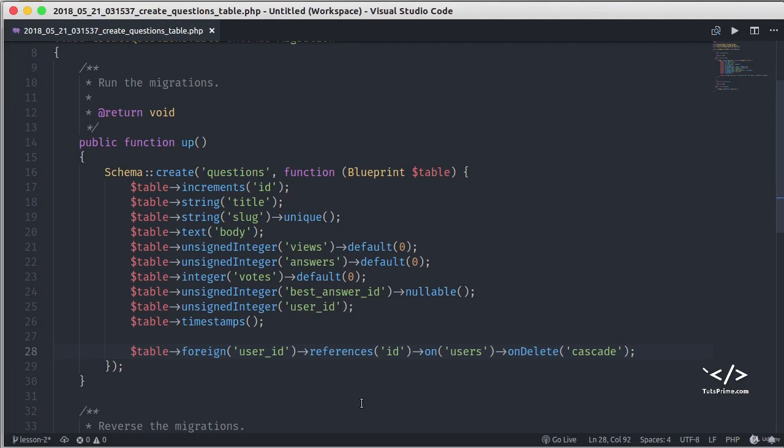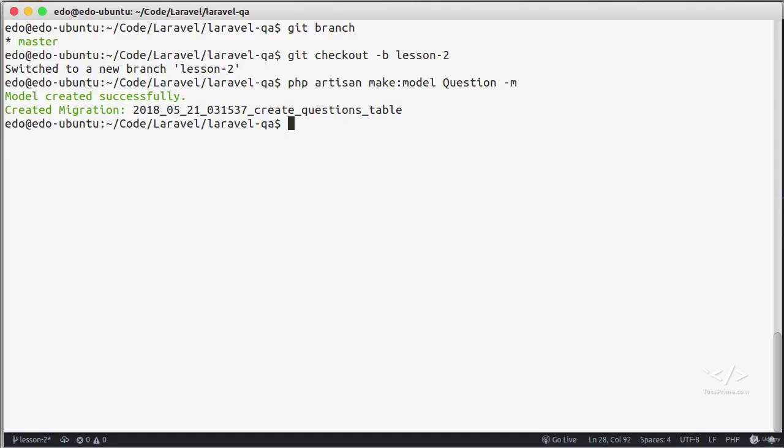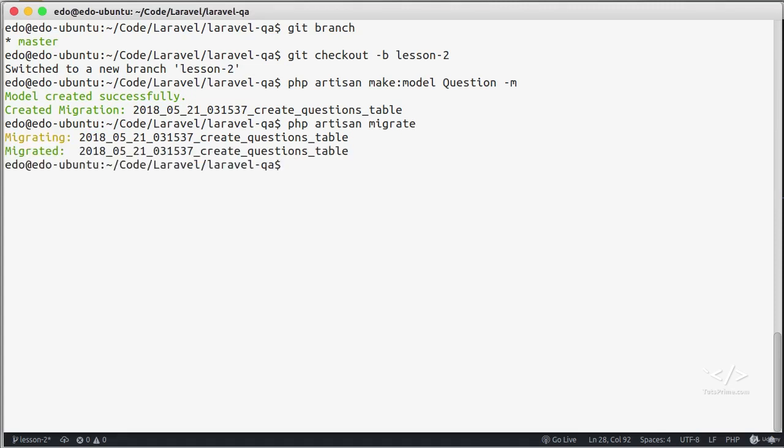and let's go back to our terminal and run the latest migration file by typing php artisan migrate. Alright, so now that we have the Question model as well as a questions table to hold all questions in our application,